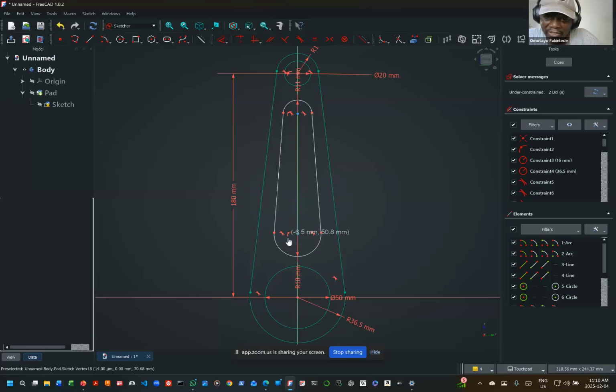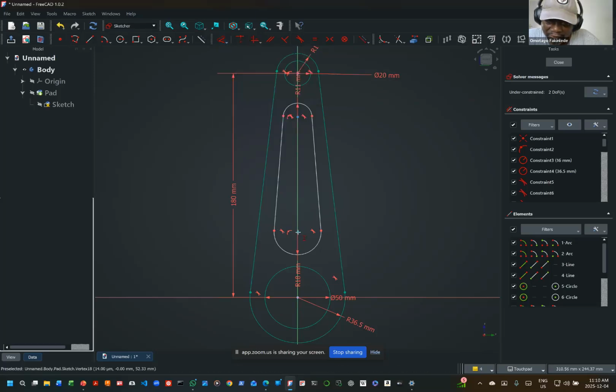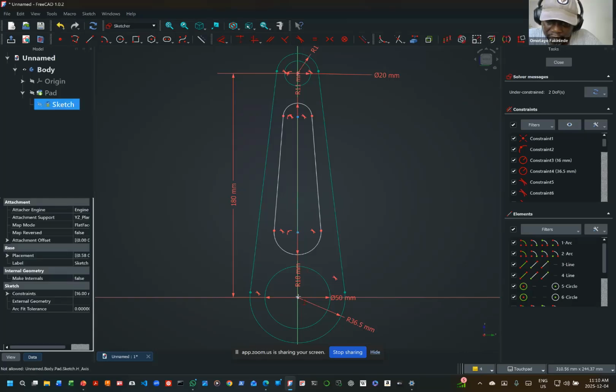One, I can move this up and down. So let me do something so that I will not be able to move this up and down. I want to take the vertical distance from this center to this to be 40. So I'm constraining the vertical distance from here to this place, and I want it to be,